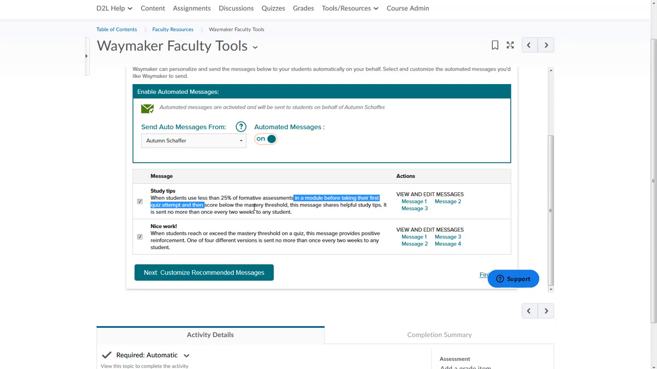Let me back up and say that within each module, and I'll show you in a second, there are formative assessments built into the module. Then at the end of every module, there's a summative assessment, and they can take each summative assessment twice. So as they go through these formative assessments, if they score 25% or less on those, and then they take the summative assessment and on their first attempt make below the